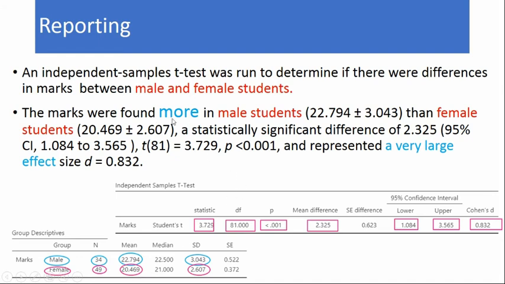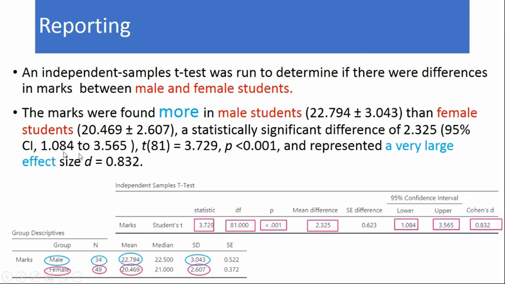This is the mean and standard deviation of the male group, and this is the mean and standard deviation of the female group. You can check from here also. A statistically significant difference of 2.325. Yes, the mean difference is 2.325.